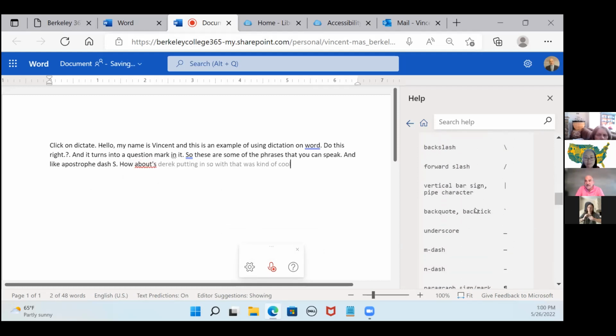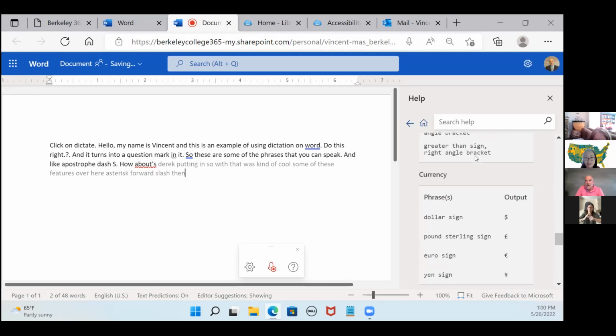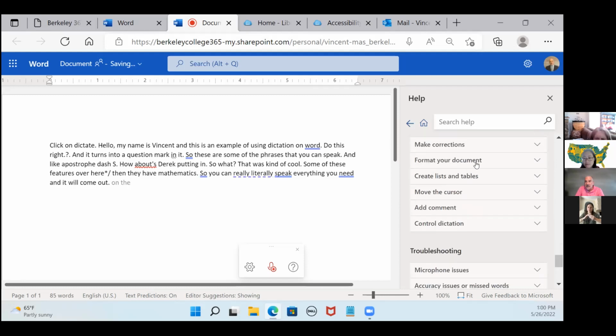Some of these features over here, asterisk, slash, then they have mathematics. So you can really literally speak everything you need and it will come out on the page. And also,